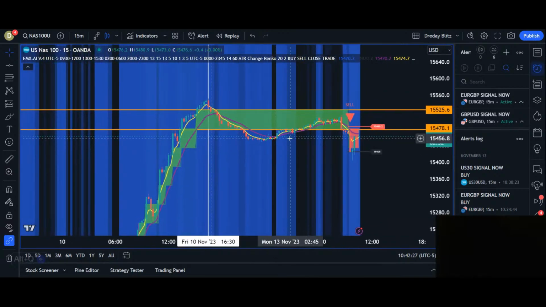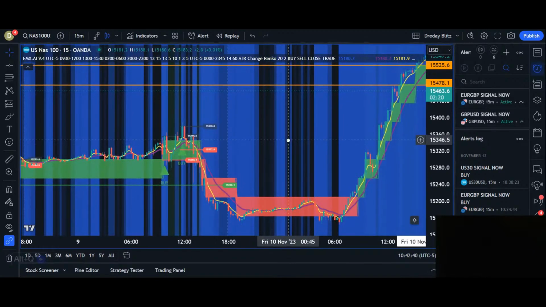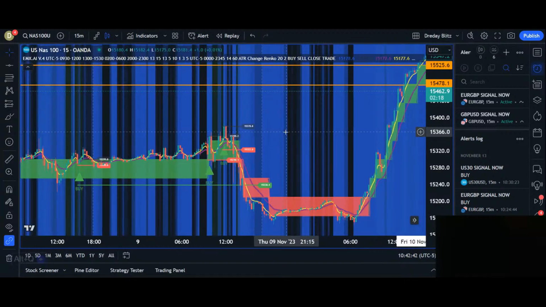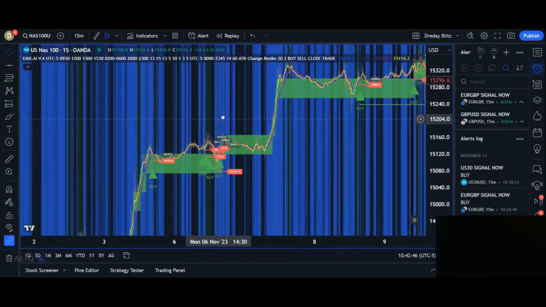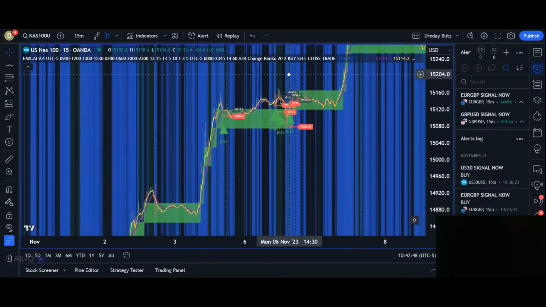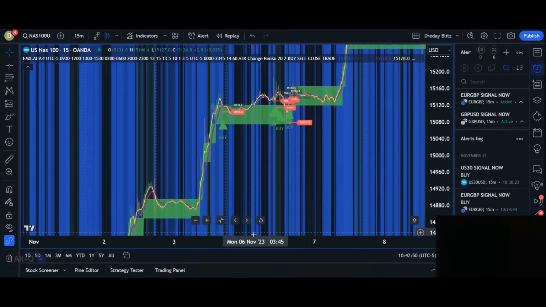Sometimes you're going to have Nasdaq going bearish before US 30 and S&P 500, and sometimes US 30 will do the move before Nasdaq, and so on and so forth. So if you backtest everything, if you go in the higher time frame,